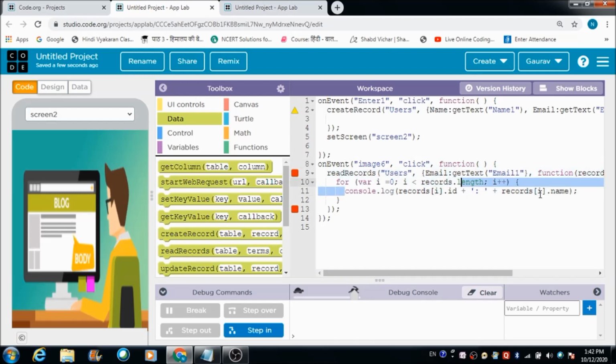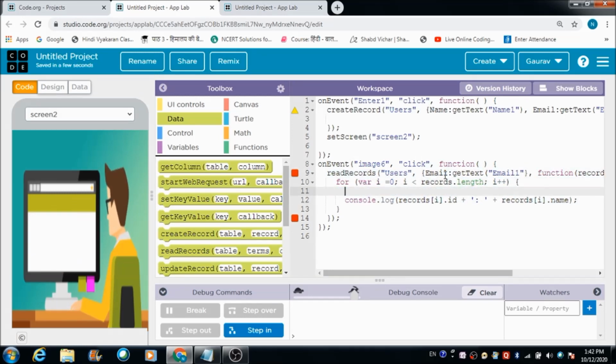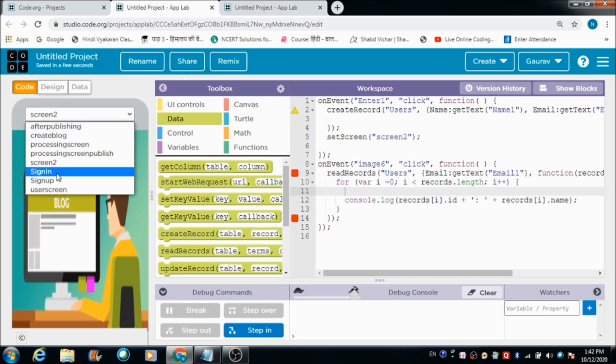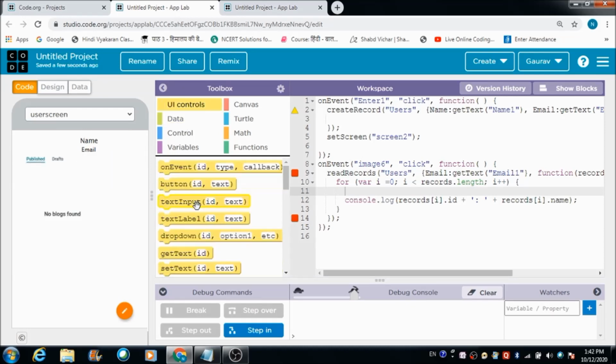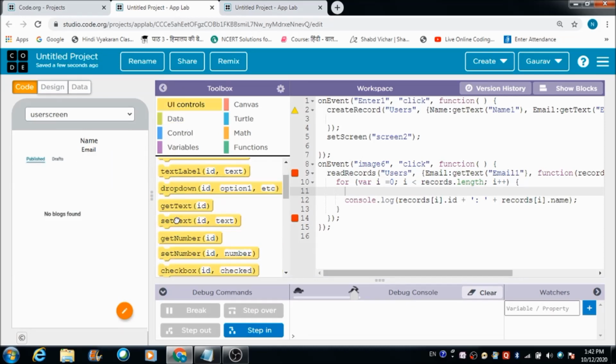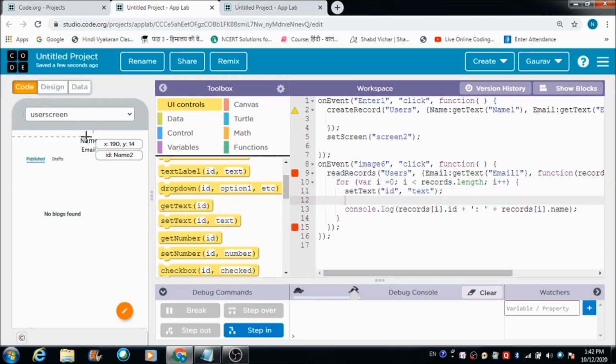And here we would like to see the name of the user here and email ID here. So for doing the same, we can make use of the set text block. The ID of this component is name2.